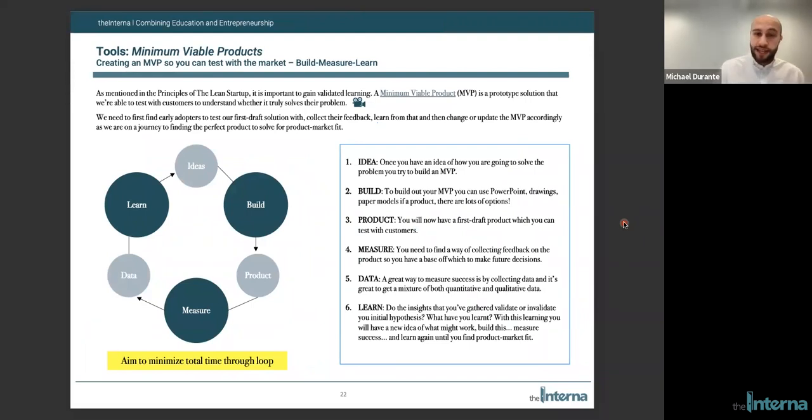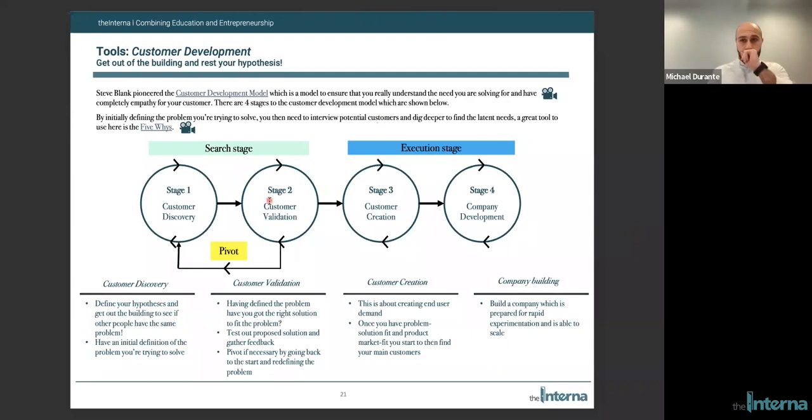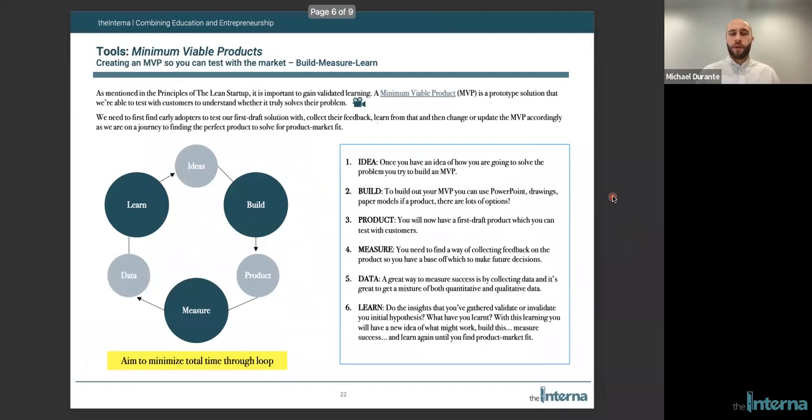So what we were mentioning in this stage here around the customer validation, where we're trying to build a solution and trying to test that solution, one of the ways that we can do that is through something called a minimum viable product, an MVP or a prototype. Essentially, a minimum viable product is what Eric Ries termed as creating the smallest scale, the smallest solution for the lowest cost that you can create that goes the majority of the way to solving the problem that we've already predefined. The reason that we predefined it is because we've worked with customers to validate that